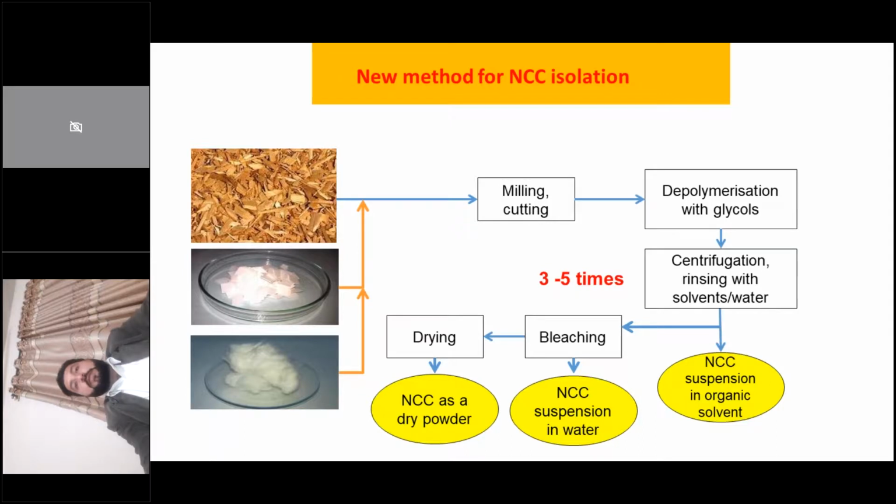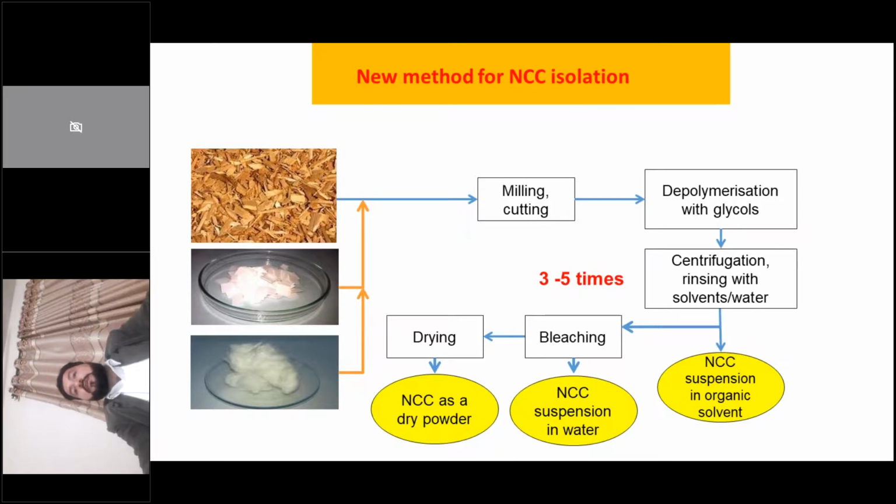A variety of methods have been used for NCC, that is nanocellulose isolation, as per literature record. On the left of the screen, you can see the sources from which we are obtaining cellulose. We can obtain this cellulose from cotton, from the cell wall of wood, or from trees. Then it is subjected to milling and cutting, followed by depolymerization with glycols to break the bonds, and